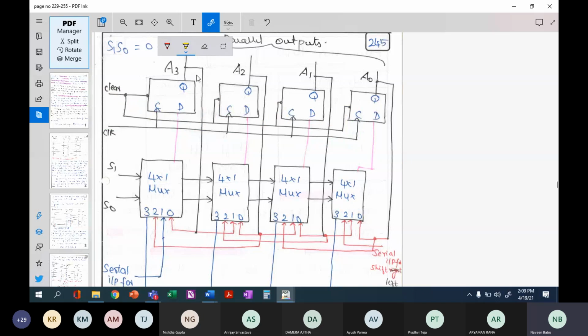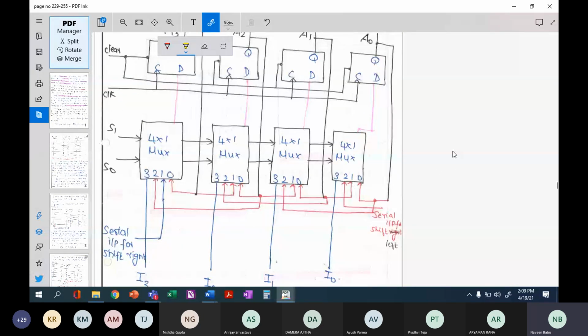You can implement this universal shift register using, in addition to the D flip-flops, multiplexers. Why we are using a multiplexer is because now we have 3 different controls: shift right operation, shift left operation, and parallel loading operation. So if you have 3, you can use a 4x1 multiplexer where each select combination has a certain input. Shift right we can have as 0, 1, and shift left as 1, 0, and parallel load as 1, 1. When it is 0, 0, don't do anything, right? Normal operation of a